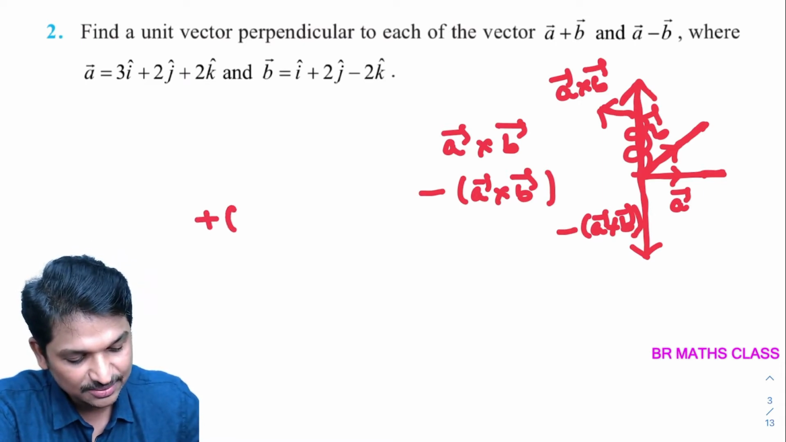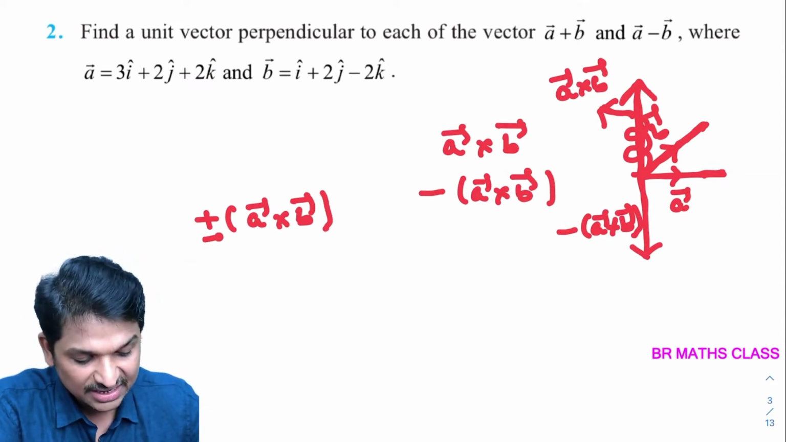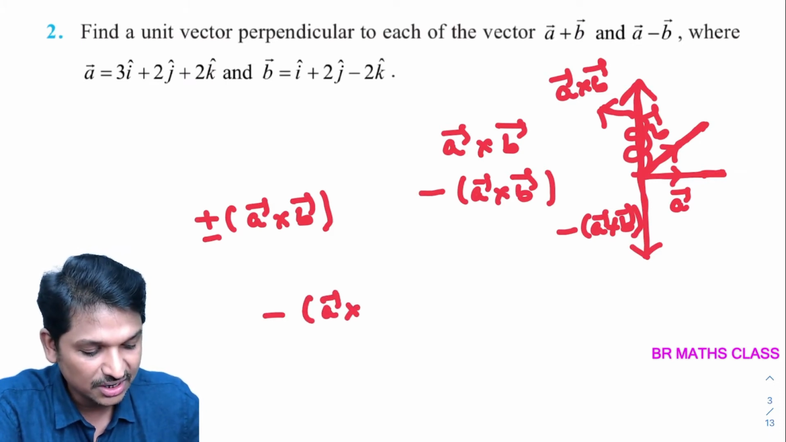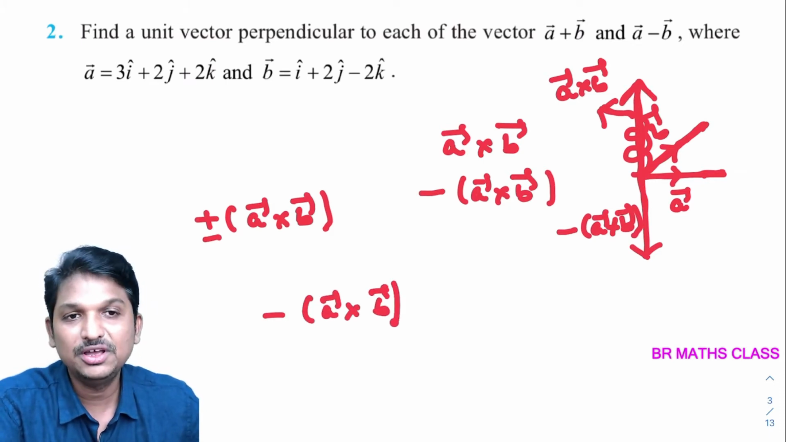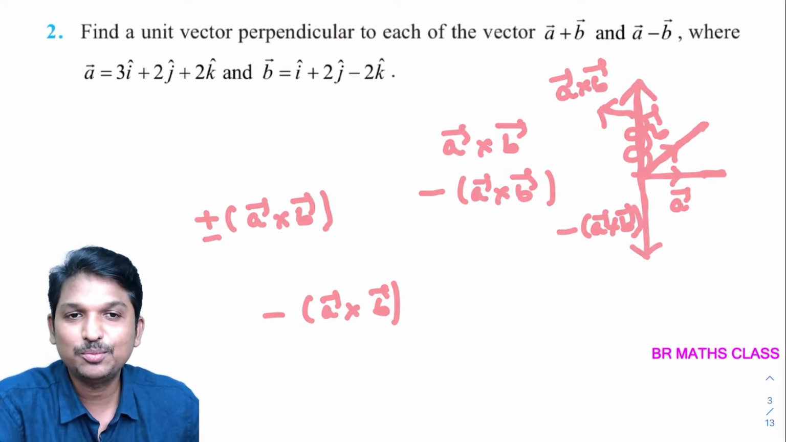Please try to understand. What point specifically I am trying to say? Plus a bar cross b bar is a vector perpendicular to a bar as well as b bar. Minus of a bar cross b bar is also perpendicular to both a bar as well as b bar. Okay. So here the point is